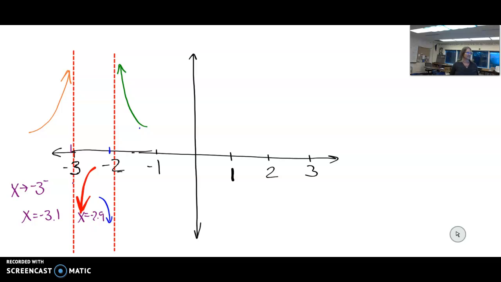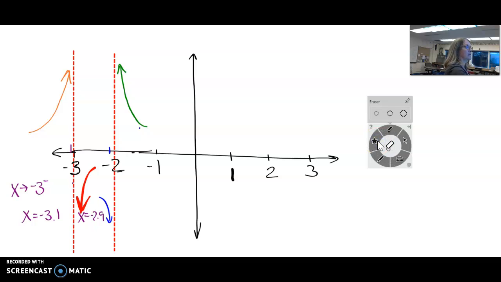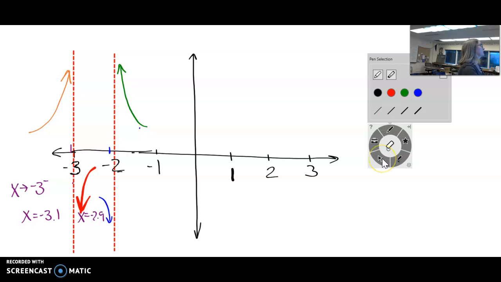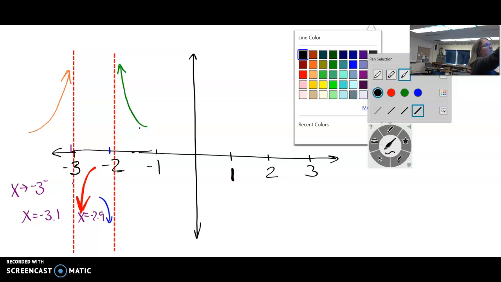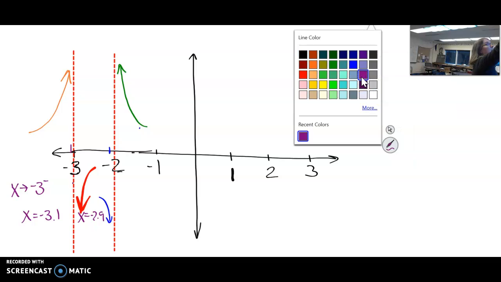Hey guys, in the last video I got cut off at the end. We were talking about this function f of x, and we determined that the end behavior, not the end behavior, I'm sorry, the behavior as we approached -3 and -2, the asymptotes. As we approached -3 from the left, we had... I'm going to do it in a different color here. We had,